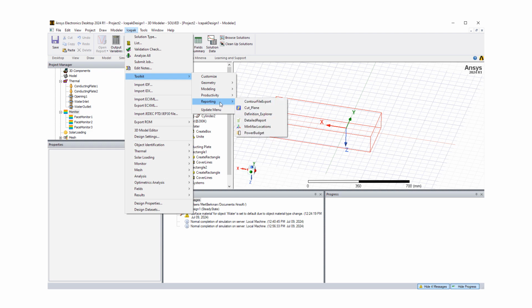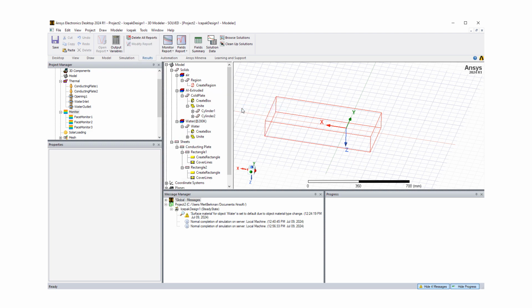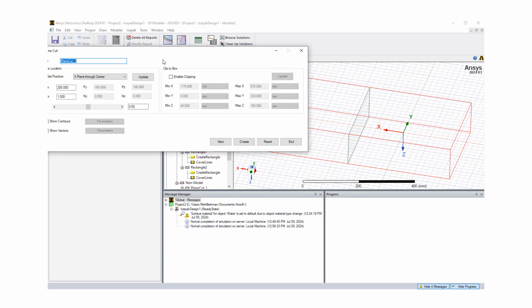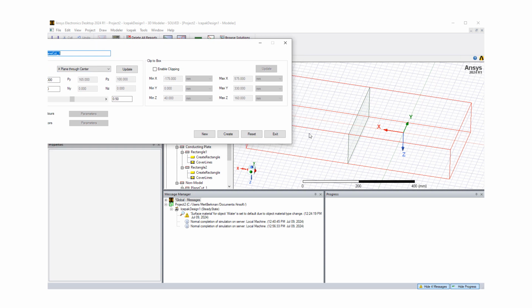And then under reporting or post-processing, we see the cut plane. This is a tool I like. When I click on this, it brings up a new window. This window looks a lot like the classic Icepak plane cut function, which a lot of users are used to, and therefore this toolkit was created for users. Right now it's at an X plane through the center, which you can see here, and we can look at contours or vectors. So I'm going to check contours,